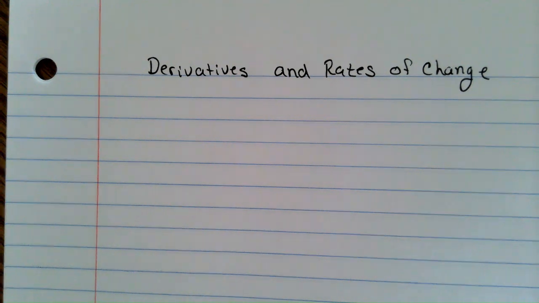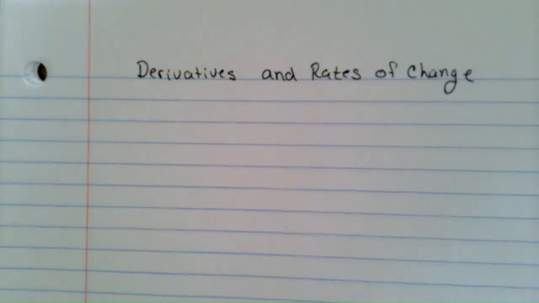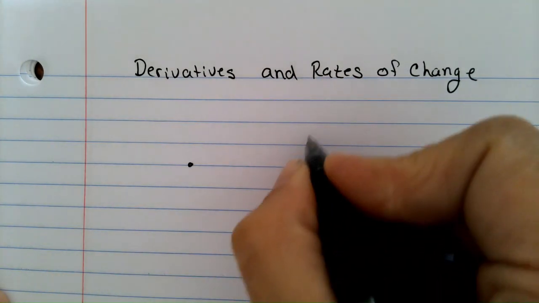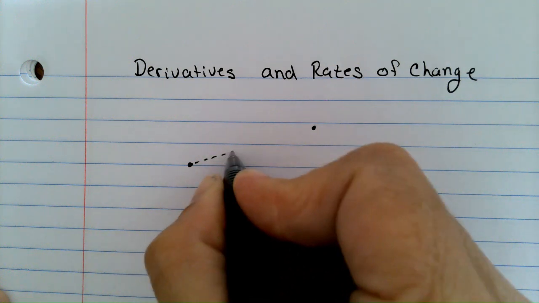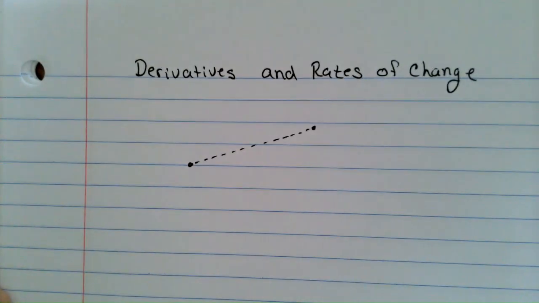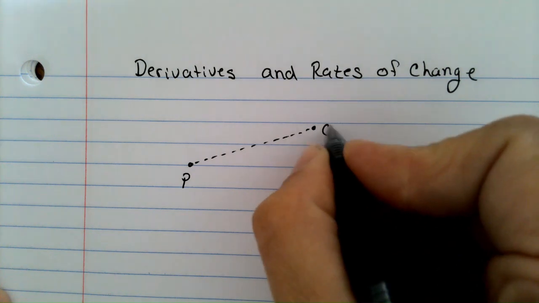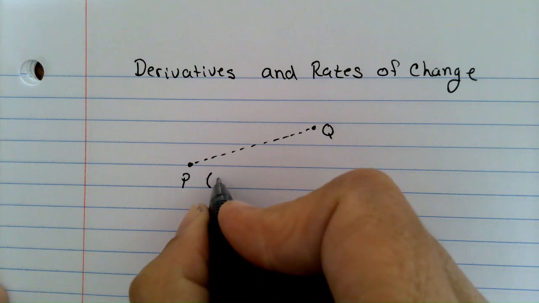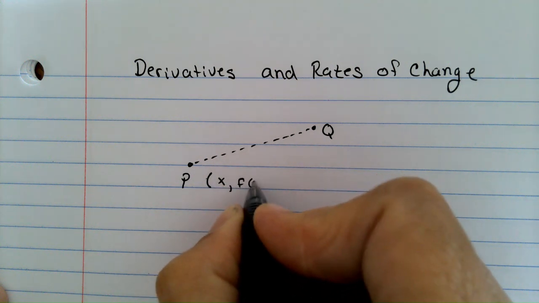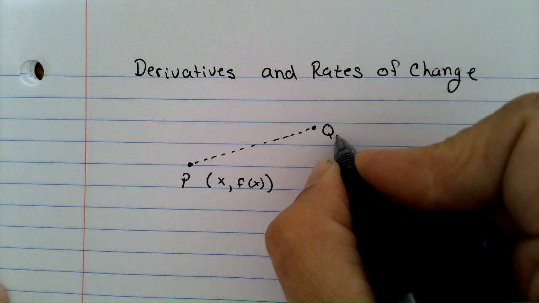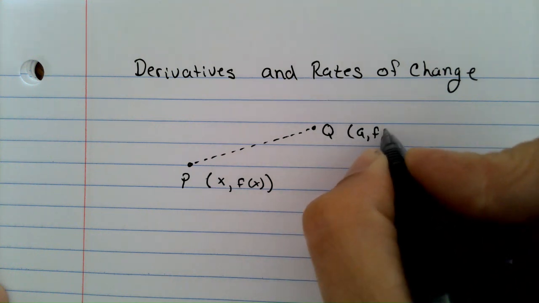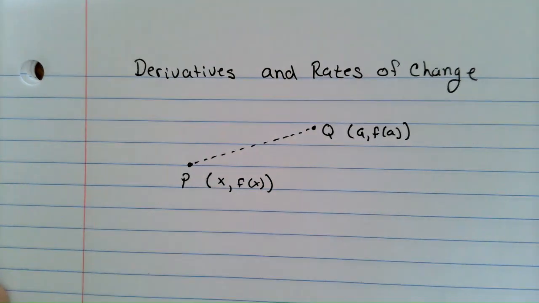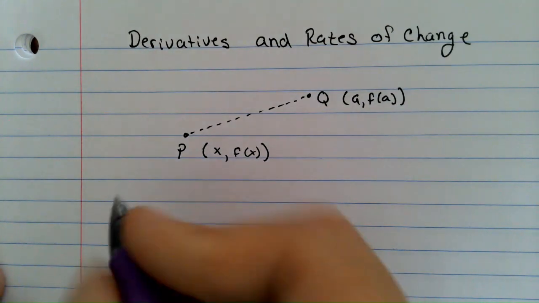Okay, let's think that we have 2 points because we're going to do a rate of change. We have our point P and our point Q, and we want to know the average rate of change. P is going to be at x comma f of x, and Q is going to be at a comma f of a. Now, because we have 2 points, this is a secant line, so the average rate of change